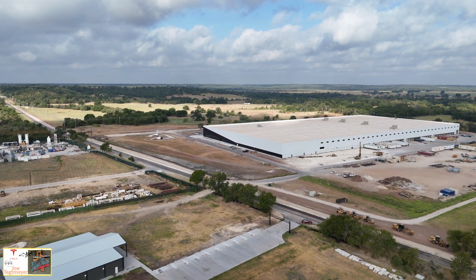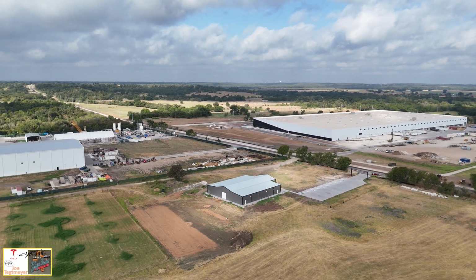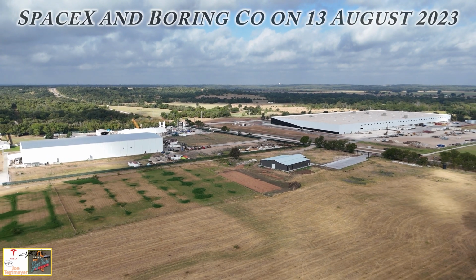So otherwise, there's a quick tour around two different sites here at Bastrop, the Boring Company, and also the SpaceX Starlink facility. And I hope that you enjoyed these views and some of the discussion and some of the items